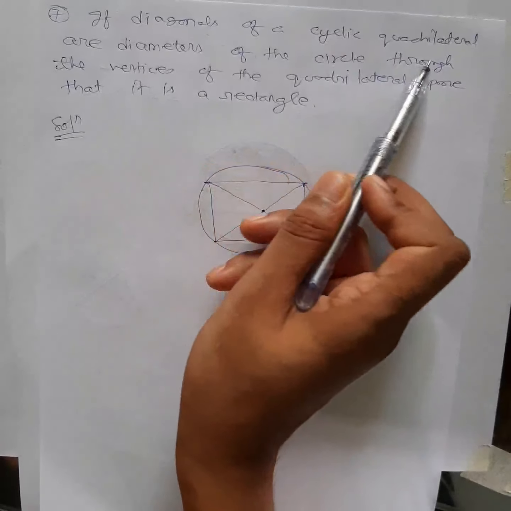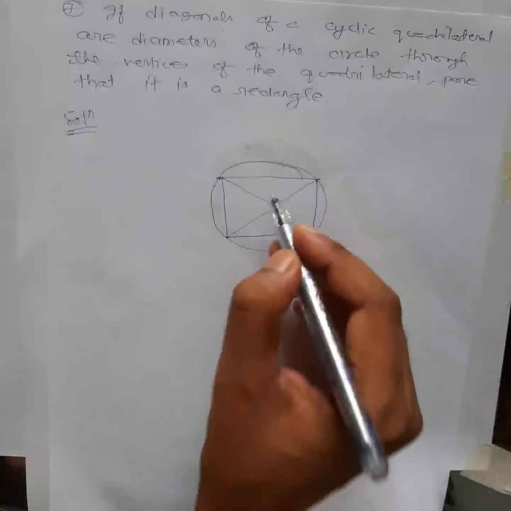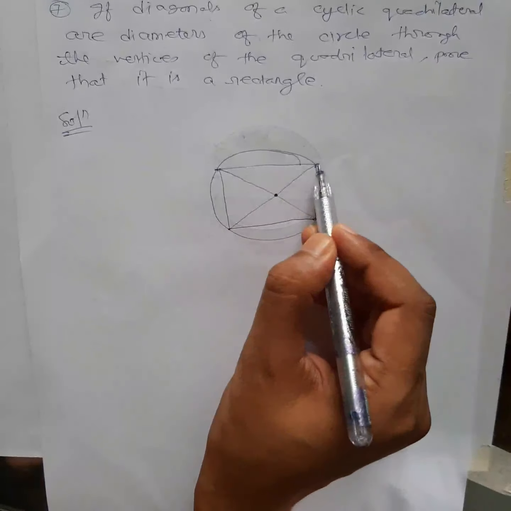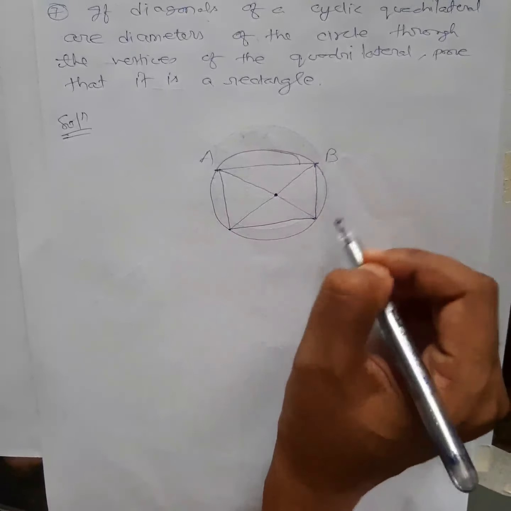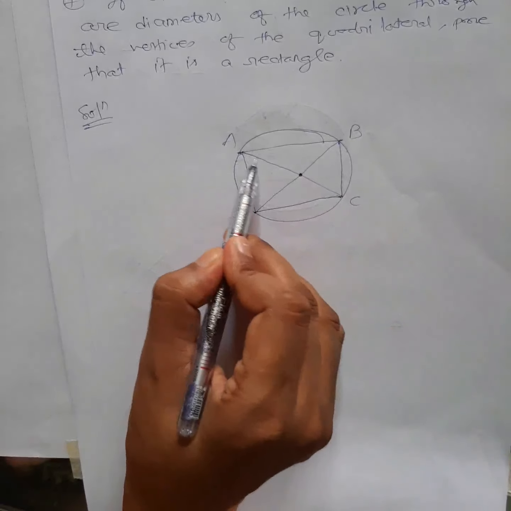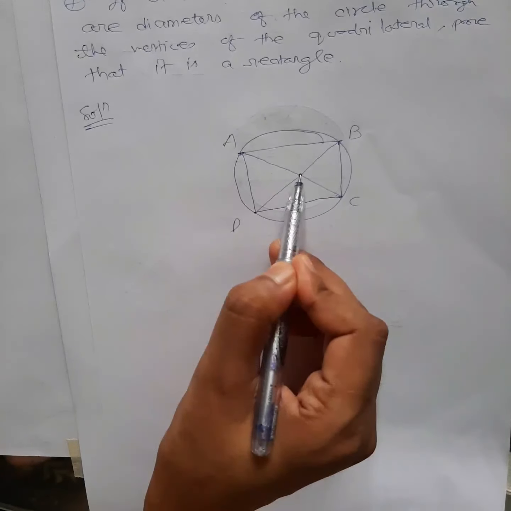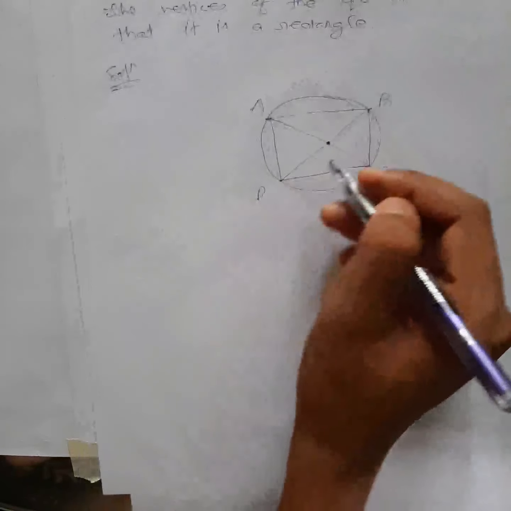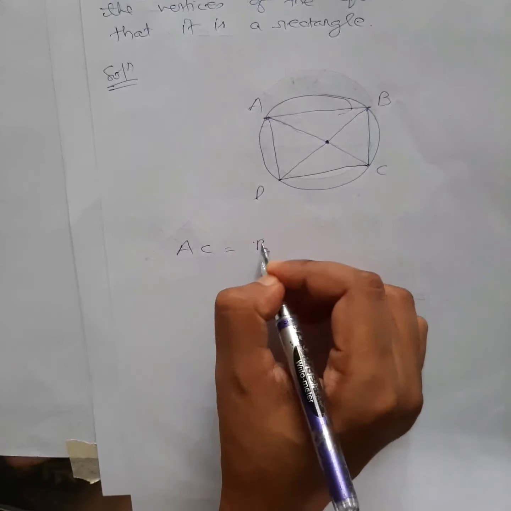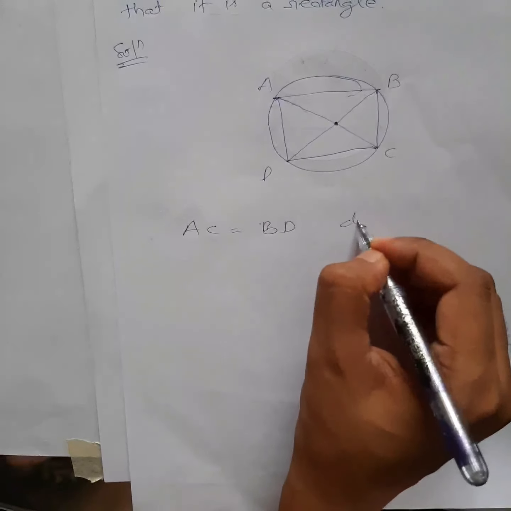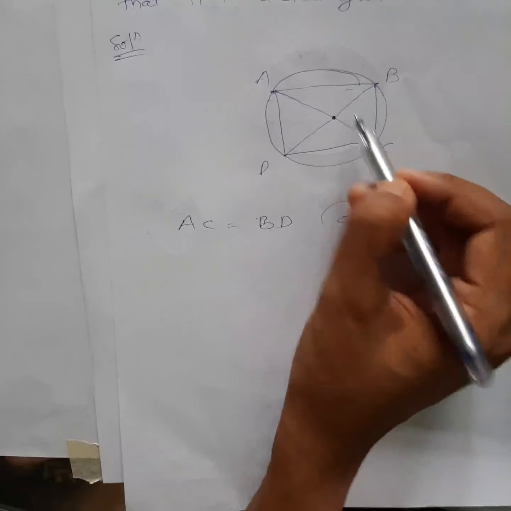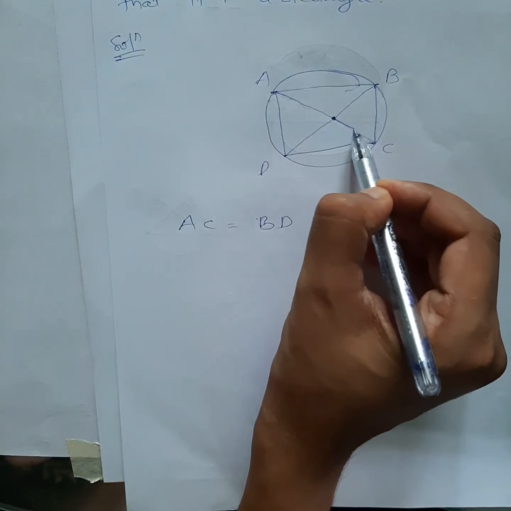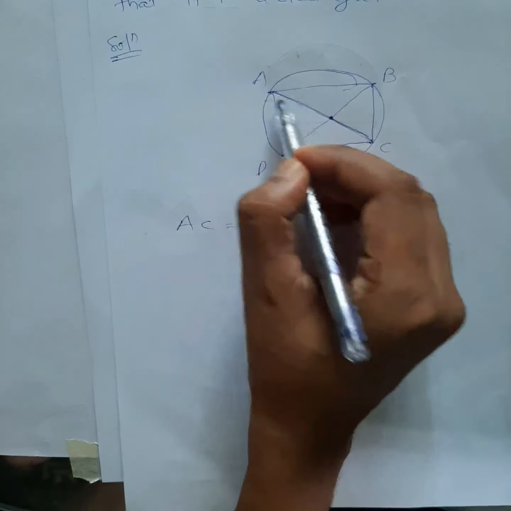Next question also, which is very interesting and very easy. So in this case they have said the diagonals of a cyclic quadrilateral are diameters. Diameter means it will pass through the center. So this time also you have quadrilateral ABCD, suppose, okay? And they have said the diagonals of this ABCD are diameters, means they will pass through the center. Now if they are diameters, this diameter and this diameter length must be the same, right? So we know that AC is equal to BD from here, okay? Since they are diameters. Now see carefully, if this is a diameter, what do I have to prove here?